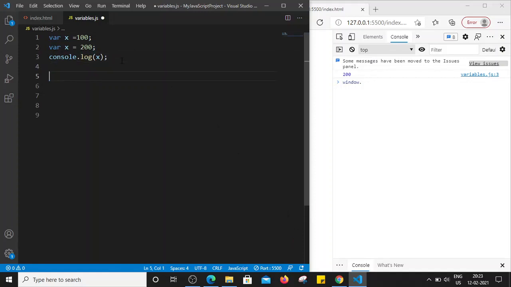Now I'm going to declare one variable, let y is equal to 400, and again I'm going to redeclare it. Let y is equal to 500. Let's try to print the value of y.